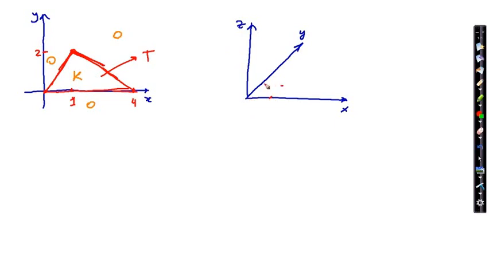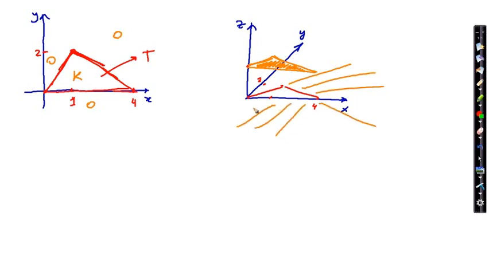Say this is 1, this is 2. I will have this line, this is 0, 0. I will have 4 here, and that line. This is the base, and I'm raising this triangle to the height k. Say this is k. I'm raising that to that k, so I'm drawing a parallel triangle. So this is a portion of our surface over that triangle, and for all other points,